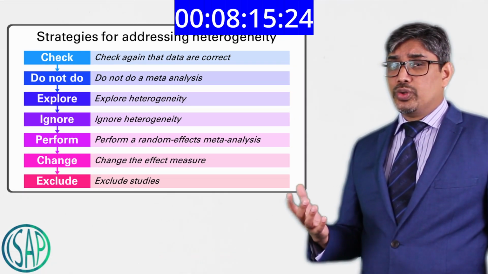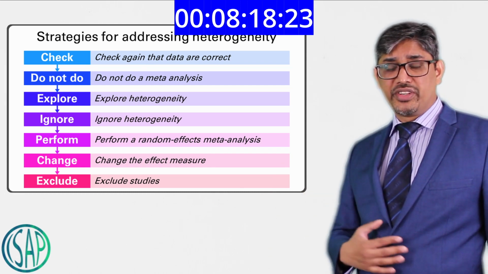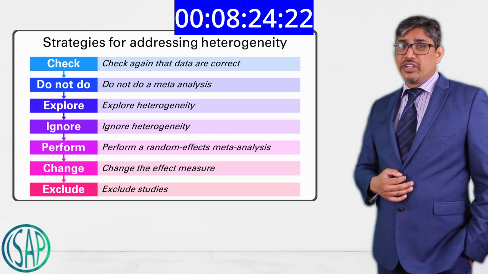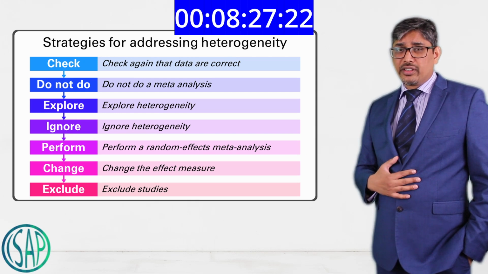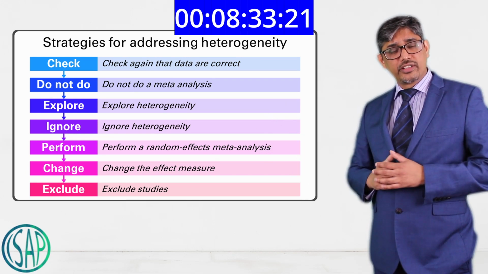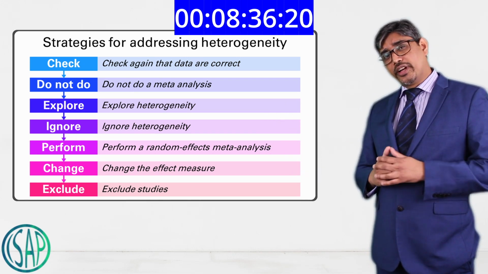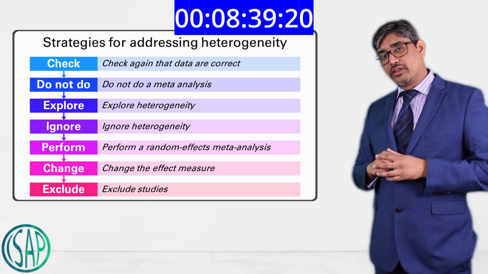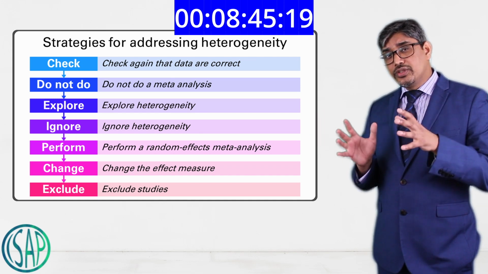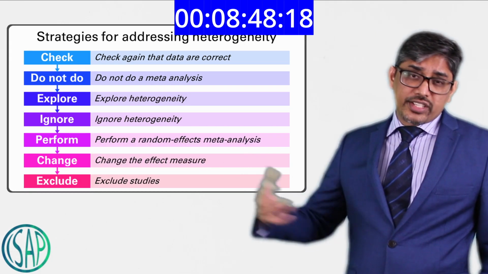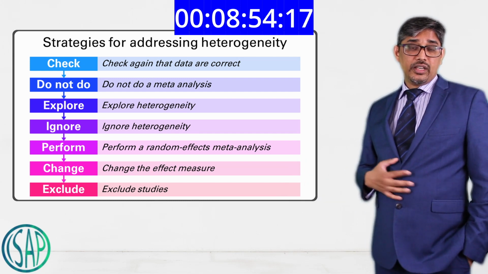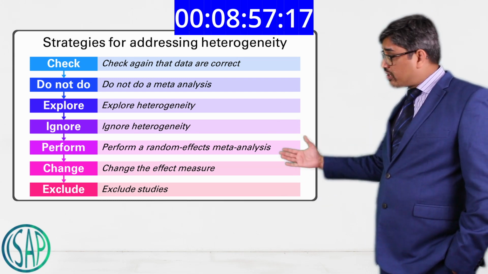Sometimes you may not be able to do meta-analysis even if you change the effect measures. And finally, the only way is to exclude the studies which are contributing to heterogeneity by doing a box plot, a 95% confidence box plot. If the studies fall outside the 95% confidence box plot, those are the studies which are contributing to heterogeneity. If you remove the studies outside the 95% confidence contour in a box plot, then you are able to substantially reduce the heterogeneity when you do pooled analysis. By excluding studies, you are losing some studies. You may not have that many studies left to do a pooled analysis. So that's the issue. But these are the common ways of addressing heterogeneity.